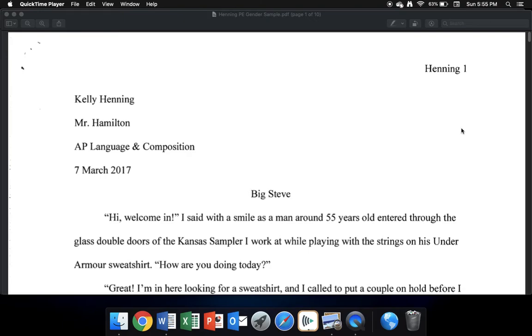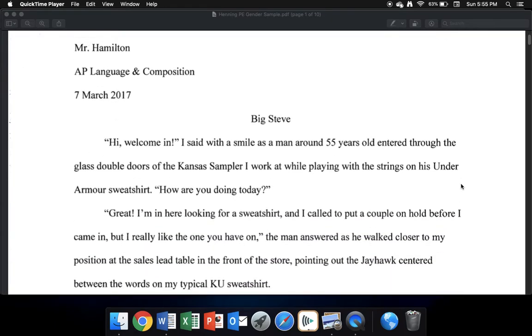You can see the last name and page number, the MLA formatting with her name, my name, the name of the course, and the date in this MLA format, one space, and then the title of the story with no bold or underline or anything special. She's doing that exactly right.